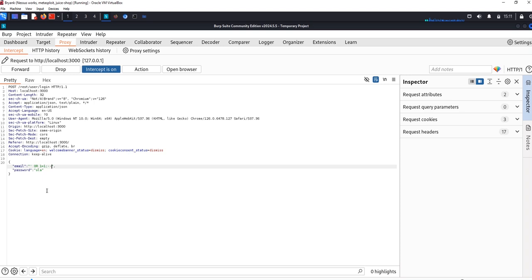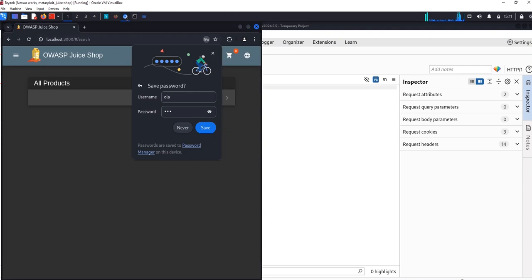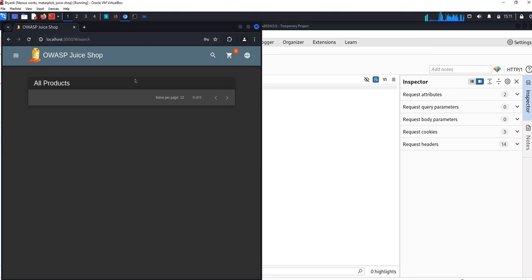So once we forward this now, we're expecting our Burp Suite to the browser to respond to stimuli, which, as you can see, it has responded as though we actually logged in with the right details. But both of us know that Ola Ola is not the password we use. You and I know it's not it, so no need to save it. So while everything is still like this,